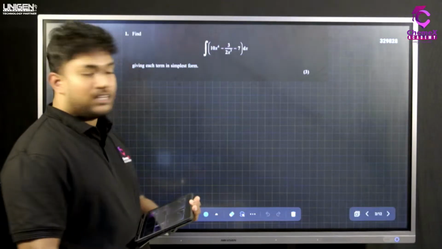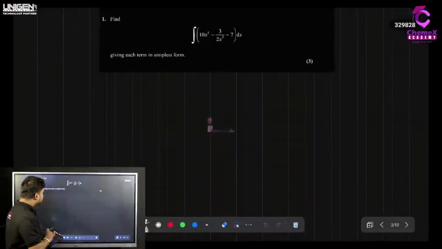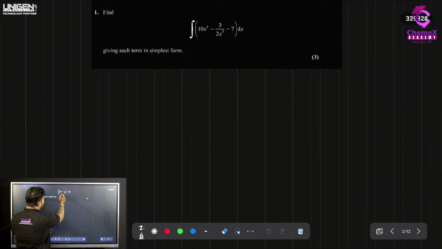Alright, so how do you do this question? It's about integration. So you know that if you have,